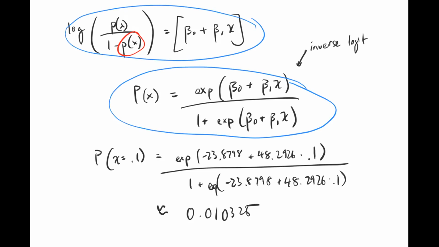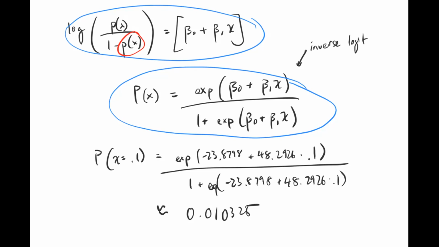I have a quick question. Yep. Since our x is itself bounded by 0 and 1, is it a 0.1? Does the coefficient refer to a 0.1 increase, or is it a 1 increase? No, it refers to a 1 increase. Oh, never mind. Since we're plugging it in, we just plugged in 0.1. Yeah, exactly.